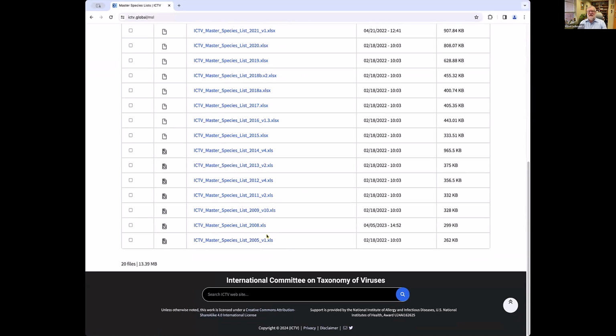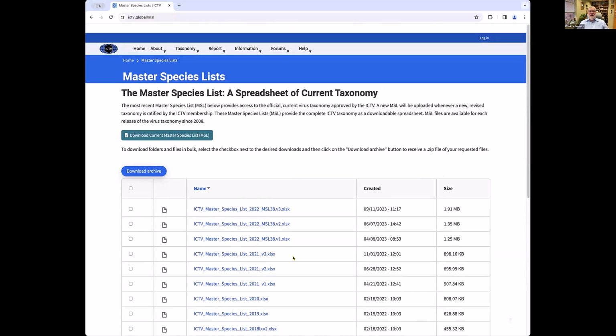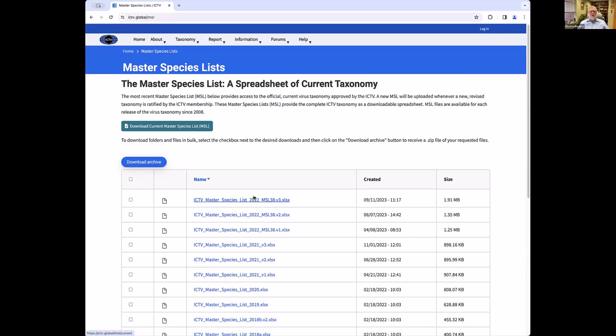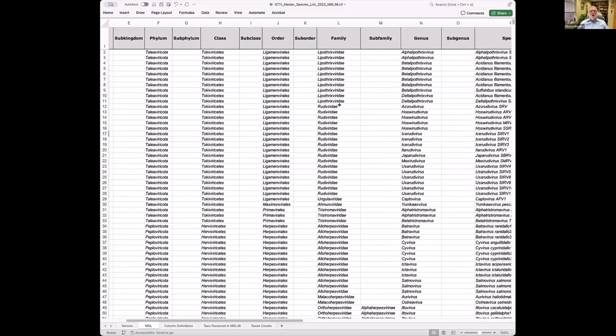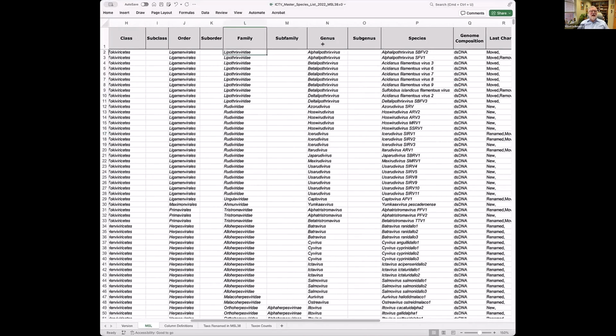We actually, as you'll see later through our taxonomy browser, give you the ability of accessing the very first taxonomy that was published in 1971 from our taxonomy browser. But if you click here, you can now download the latest master species list. And the master species list then is another Excel spreadsheet that is available right here. So here's the master species list, and it contains a listing of all of the ranks that are present, the higher level ranks from realm on down to families and genera,